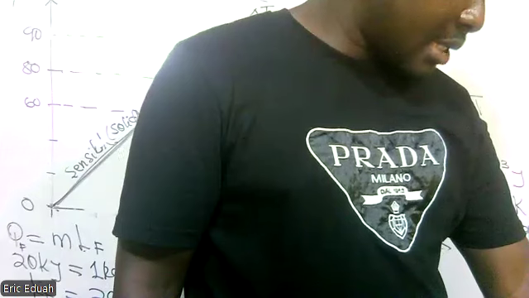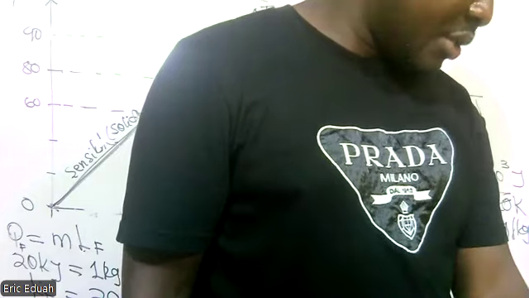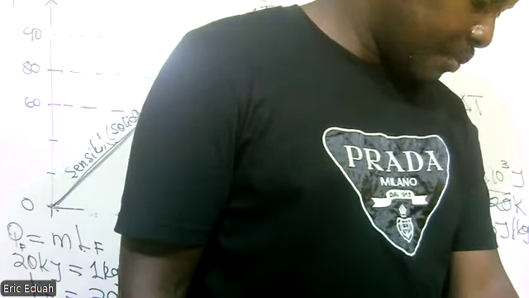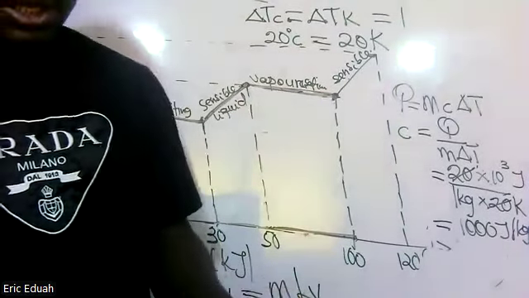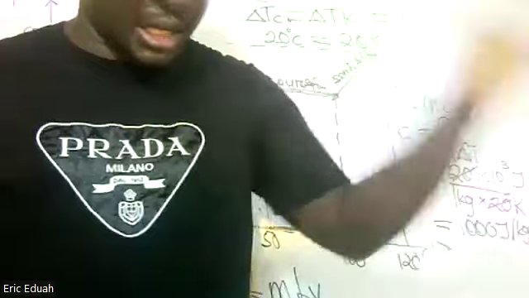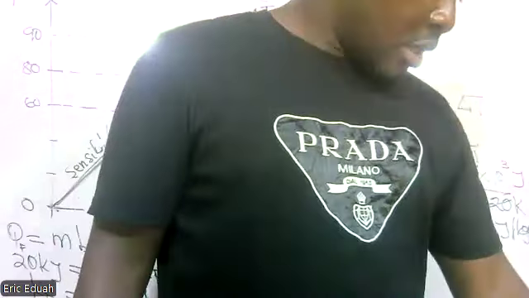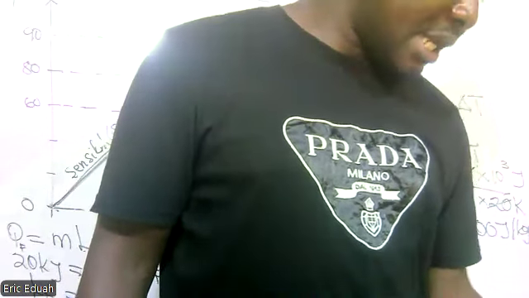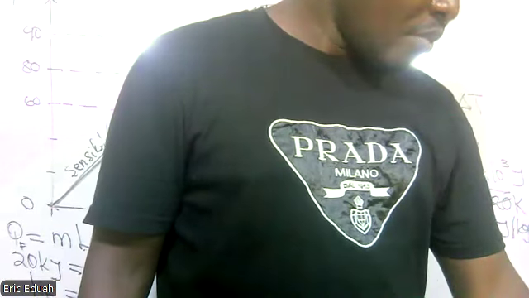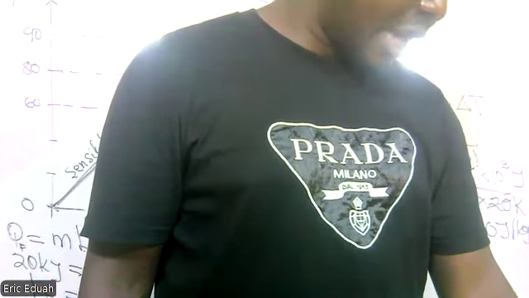The temperature of the gas is at 160 degrees and it is cooled to 0 degrees Celsius. For cooling, there should be emission of heat energy. For cooling, you need to give out heat energy. So the horizontal axis is the heat energy released, from 160 to 0. The horizontal axis represents the quantity of heat energy. So it is cooled from 160 to 120 using 30 kilojoules of energy.